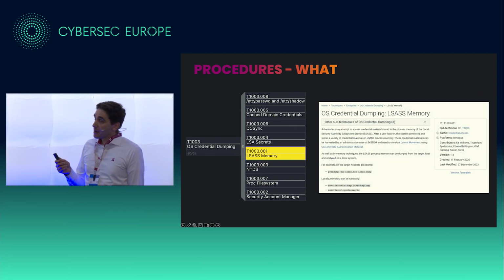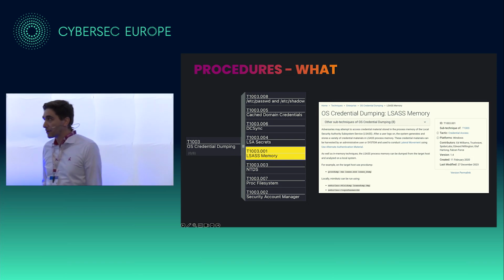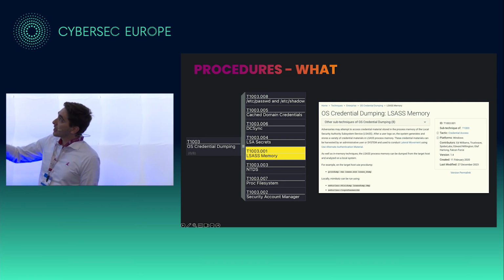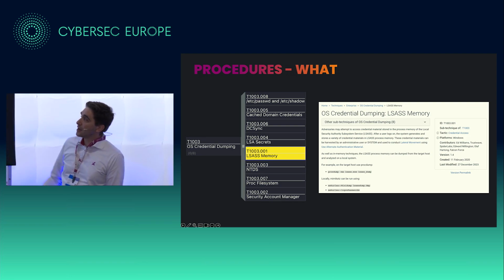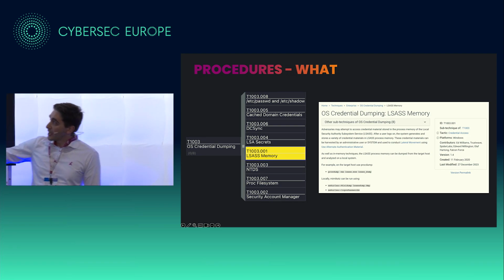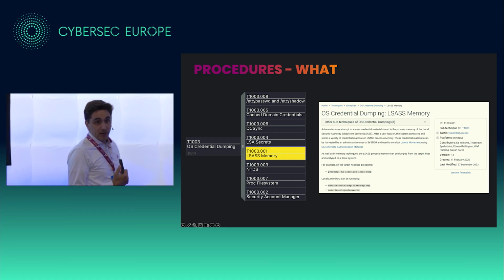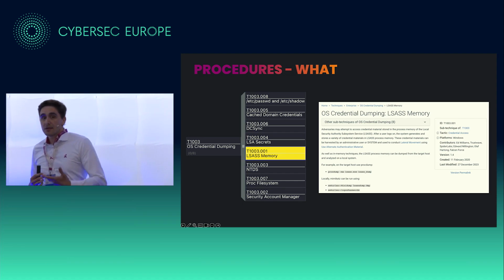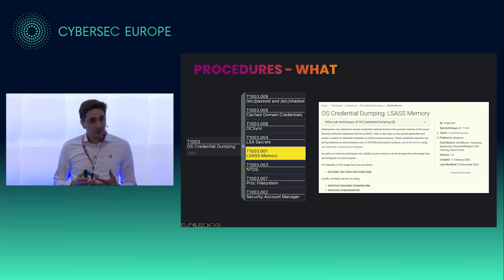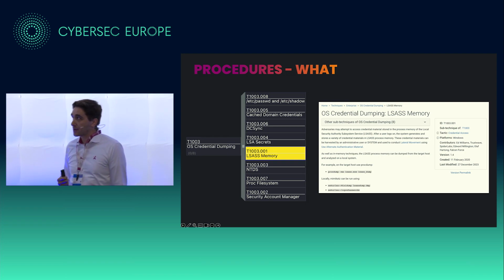If you open that up in the MITRE ATT&CK Framework itself, it gets you to this page, which is of course longer than this. It shows you a bit of detail, again the number of the technique, but also procedures and tools, like ProcDump and Mimikatz, which is a very famous tool to execute this kind of dump. So they give you a hint and an idea of how attackers are doing this. It's not a very in-depth 500-page description of how to use this, of course. The goal is to give you an overview of what the adversaries are using, what kind of tools they have in their possession.